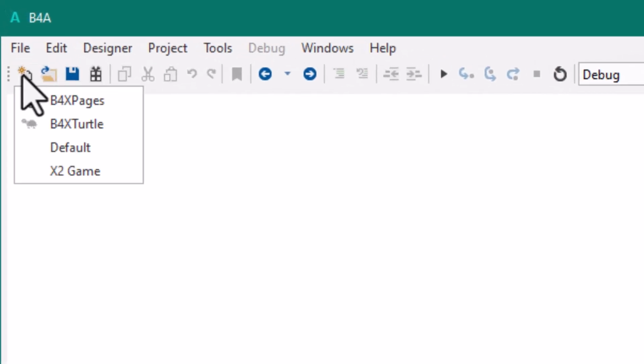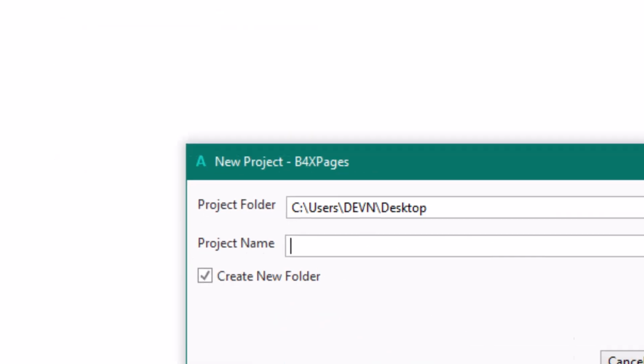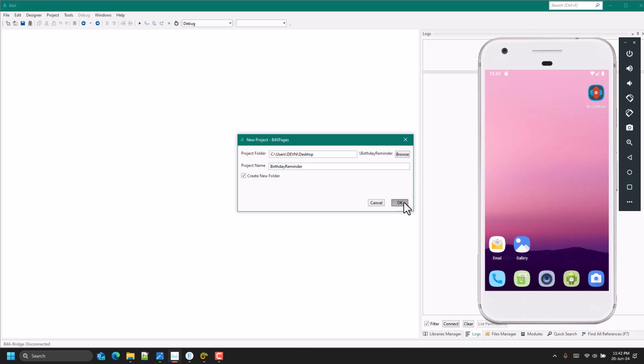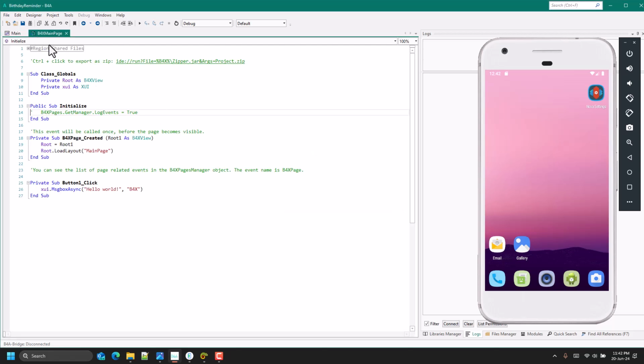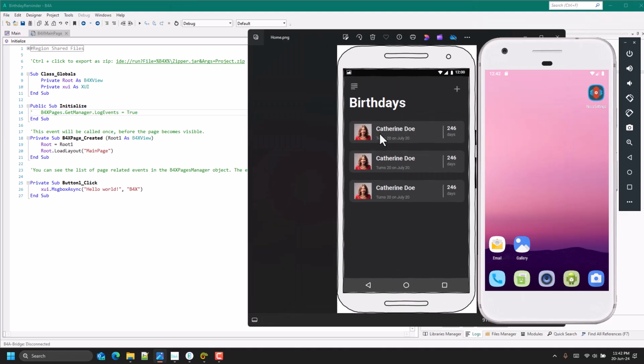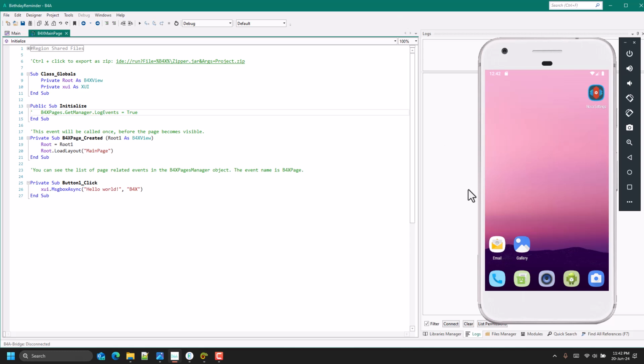So we start by creating a new B4X project. I have my UI ready, which is something like this. So we have the first page, which is the birthday list. We'll be using custom list view for this. So we add the XUI views library,